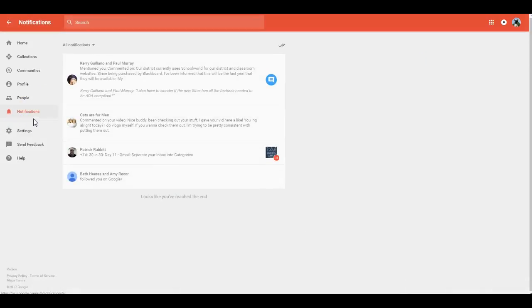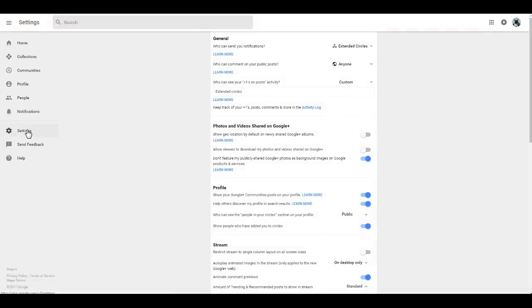Notifications, these are going to be things that I get notified on. So if I post somewhere and somebody replies to it, or if they +1 it, kind of like liking it, it'll be here. Settings, and this is where I think is a great place to look. If you do get this set up, you can see what people see, and you could also see how you get